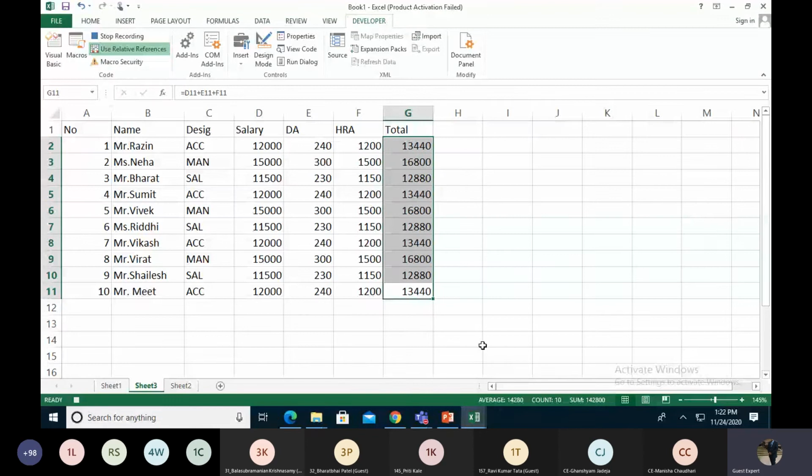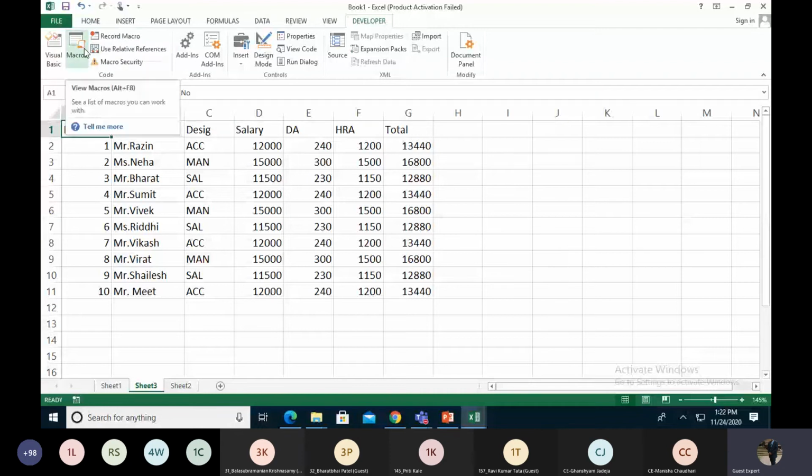Okay, Control up arrow. The most important thing is that I also have to assign my last value. So Control and left arrow. My macro is finished on A1, and then I switch off use relative reference and stop recording the macro. Okay, the whole macro is recorded right now.